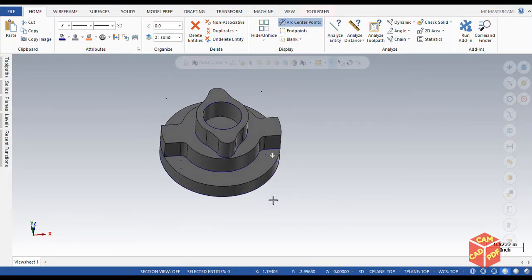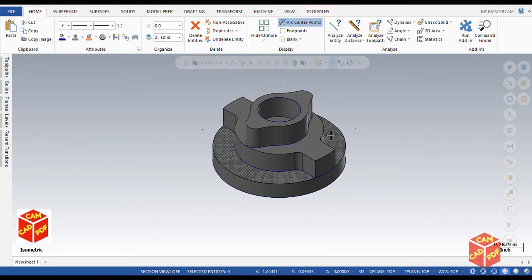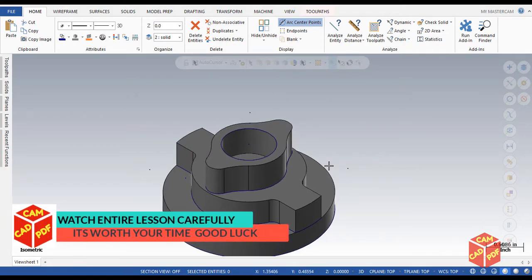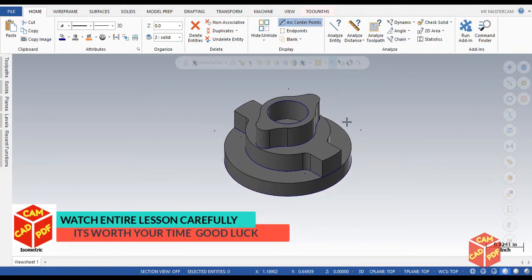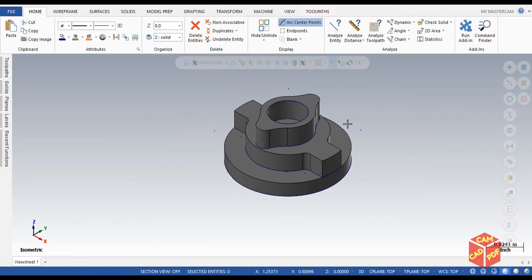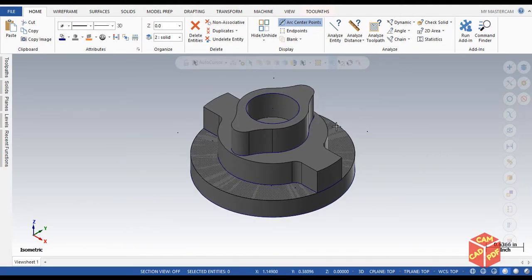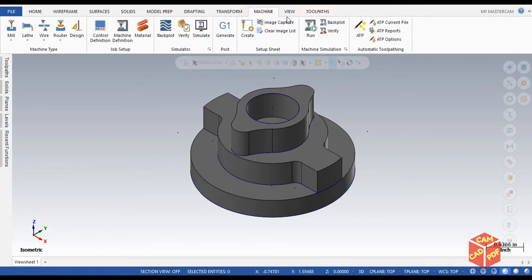Hello guys, welcome back. So in today's lesson we're gonna do machining of this geometry or 3D model. So this is gonna be fully explained. So let's get started. First of all, we're gonna select our machine, but I already selected, but I will